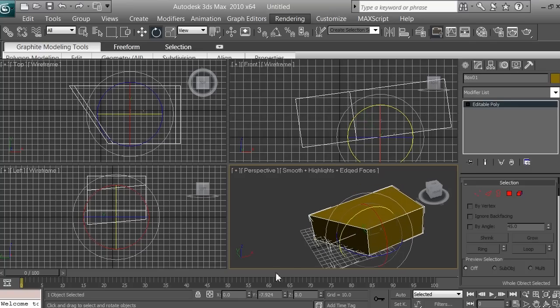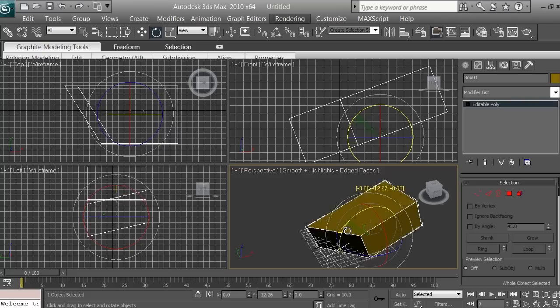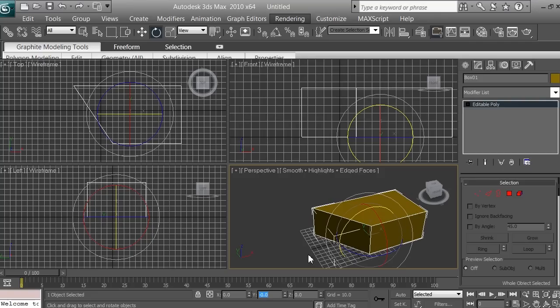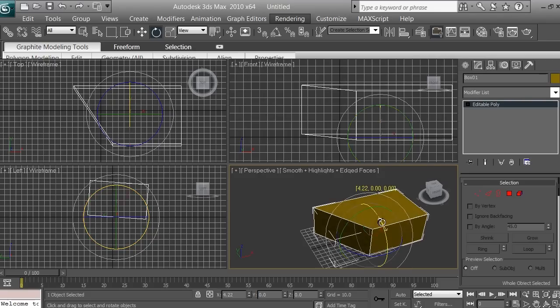You can see that this one is changing by Y. I'm rotating by Y over here, and it's changing the coordinates. It's now minus 2 something point 836 for my Y axis. If I type 0 and press enter, it's going to position exactly at 0 as we were before. You can also rotate by